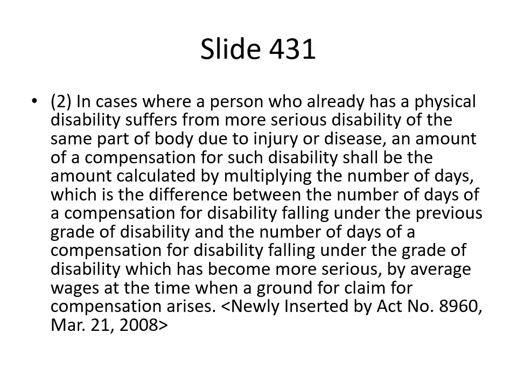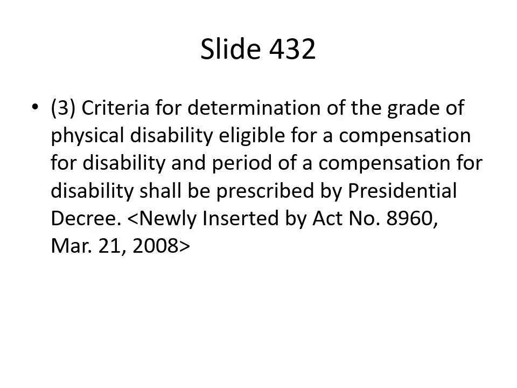2. In cases where a person who already has a physical disability suffers from more serious disability of the same part of body due to injury or disease, an amount of a compensation for such disability shall be the amount calculated by multiplying the number of days, which is the difference between the number of days of a compensation for disability falling under the previous grade of disability and the number of days of a compensation for disability falling under the grade of disability which has become more serious, by average wages at the time when a ground for claim for compensation arises. <newly inserted by Act No. 8960, March 21, 2008.> 3. Criteria for determination of the grade of physical disability eligible for a compensation for disability and period of a compensation for disability shall be prescribed by Presidential Decree. <newly inserted by Act No. 8960, March 21, 2008.>